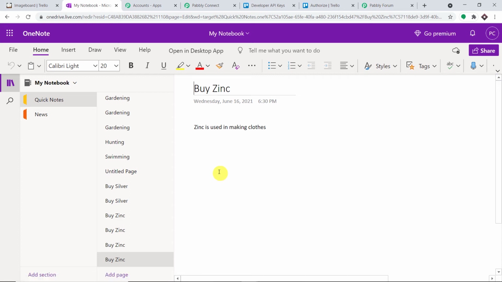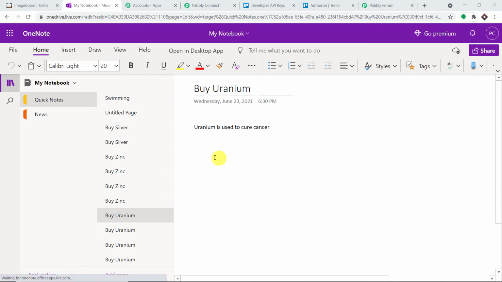So we will have to wait for a delay of 2 minutes, and after that I am going to show you the result. As you can see, we have set up the delay, and after the delay of 2 minutes we have got the details. These are the data. We again have 4 data: buy uranium, buy uranium, buy uranium, and buy uranium. But this time there is a difference. Each of these nodes has the complete description as well as the due date.